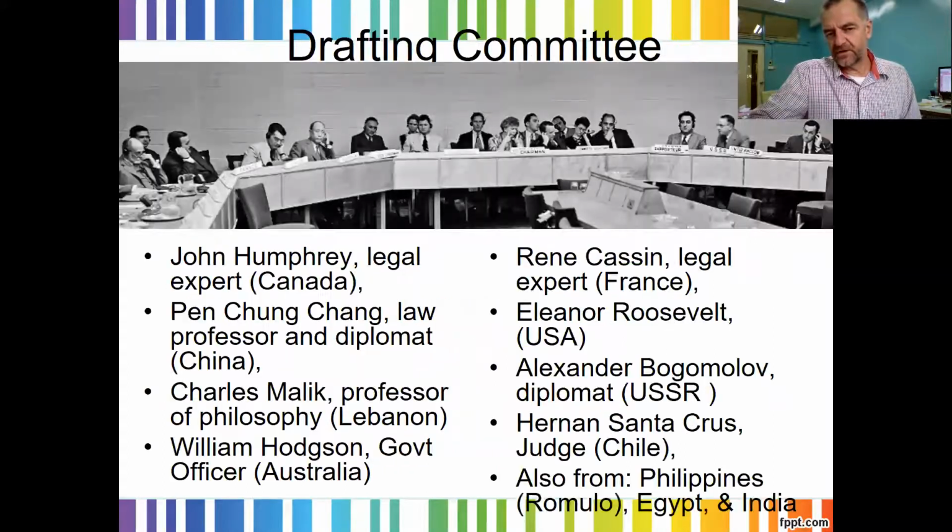Now, while there were these 9 people who were charged with drafting the UDHR, a lot of other people were involved as well. And they did get information from around the world, from a range of people, whether it was philosophers or diplomats or international organizations and so on. As we can see from the makeup of this body, there is a bit of a mix. So we have a few Europeans, there's France, and Canada and Australia. There's also Charles Malik from Lebanon, and P.C. Chang from China. At this time, China was what we now know as Taiwan.